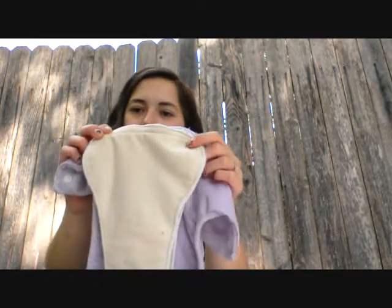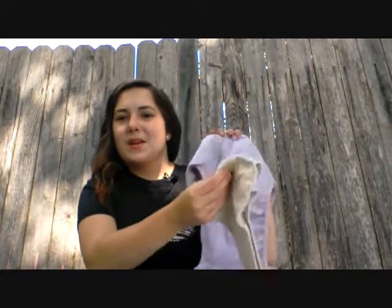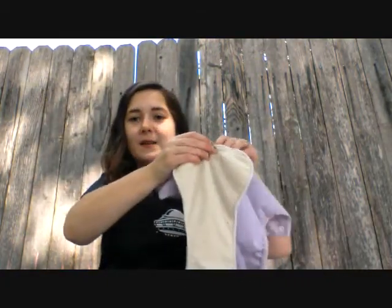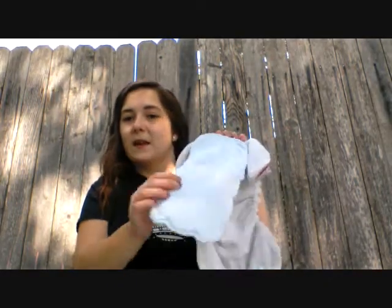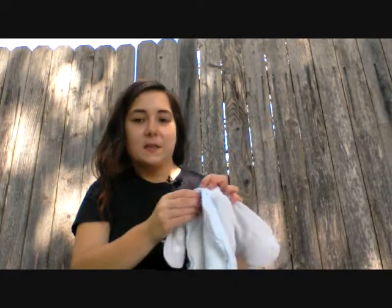This is a hemp insert that has a snap on the back of it that you can just snap into your cover. So this is the cover, and you take your insert and you can just snap it inside, and it's ready to go. You can also add a snap-in insert to fitteds sometimes for extra absorbency. So if you have a kid who, like my daughter, is 4 and still has accidents sometimes, this is the